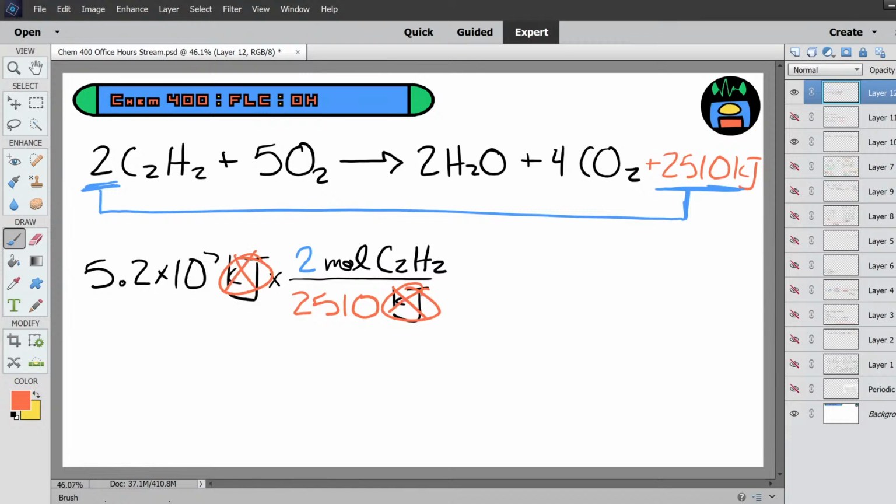And now we're ready to crunch our numbers. So 52 million times 2 divided by 2,510. It's a lot of moles. So you crunch these numbers. My calculator is giving me